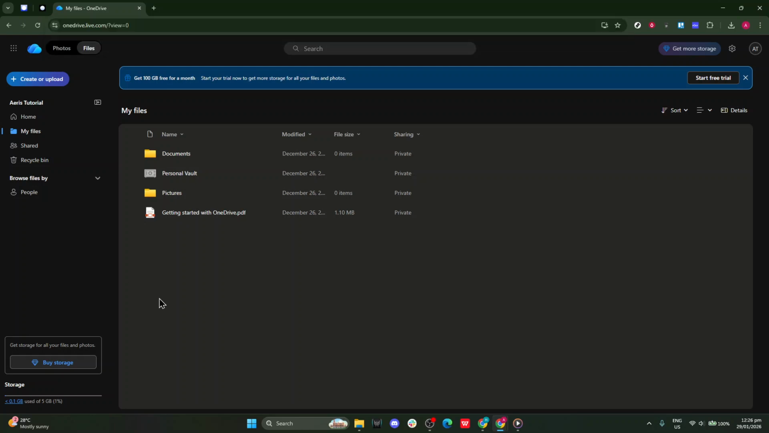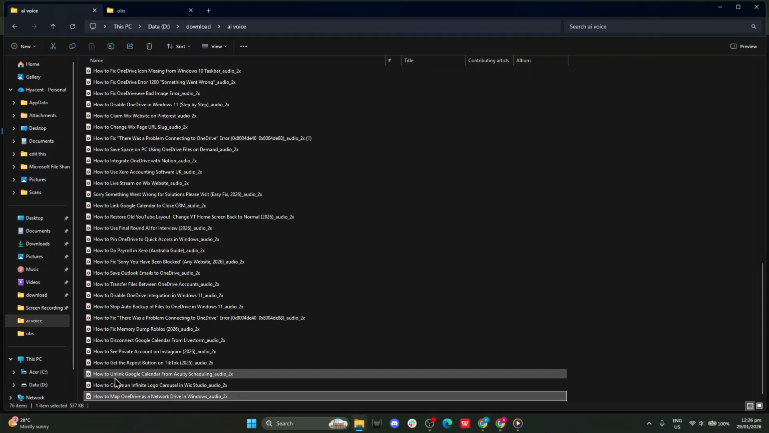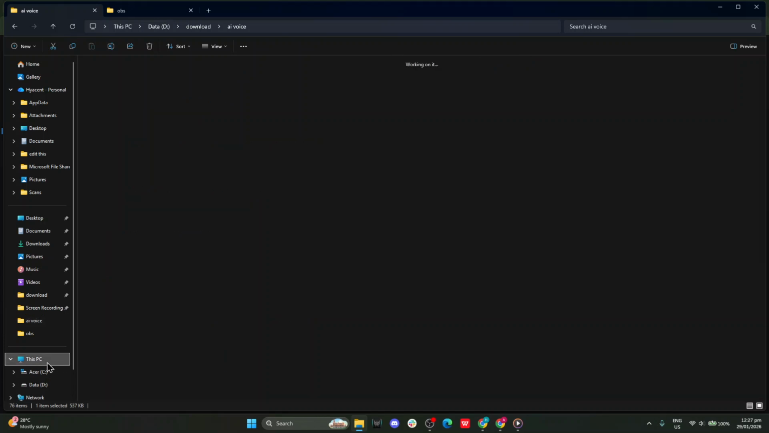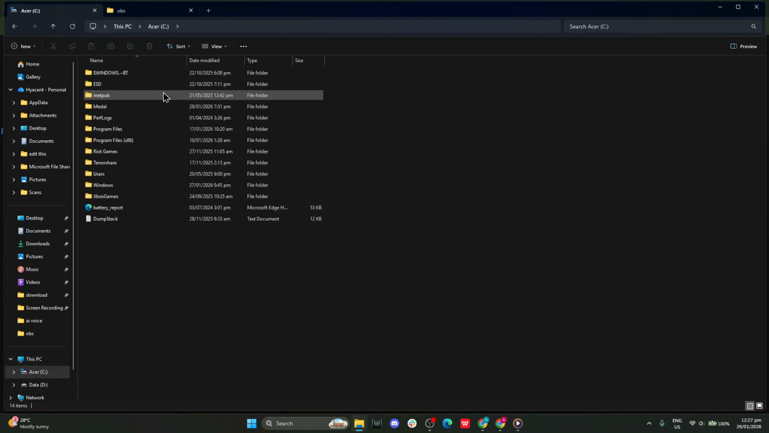Now switch to Windows. Open File Explorer and navigate to this PC. At the top of the window, select the 3 dots to open the More Options menu. From the drop-down, click Map Network Drive. This opens the tool that lets Windows treat an online location like a local drive, making it easy to access